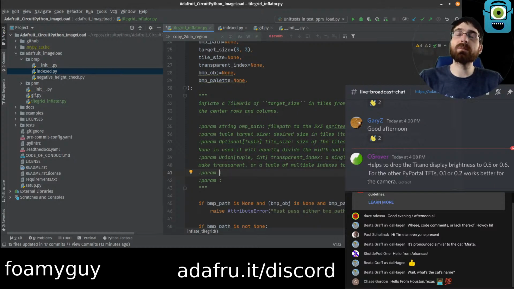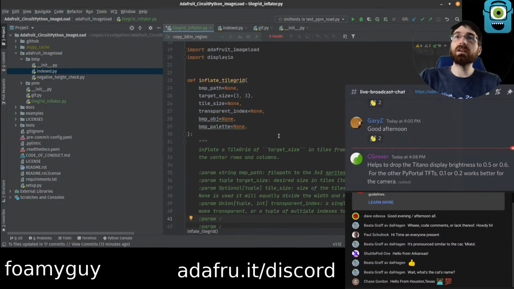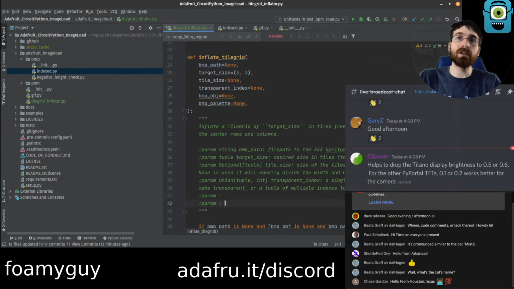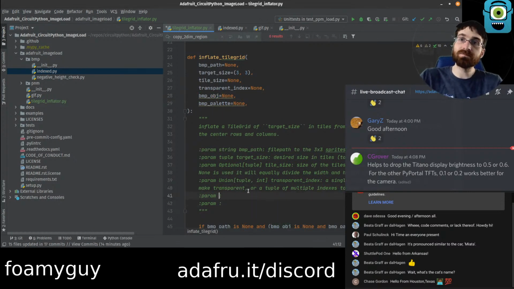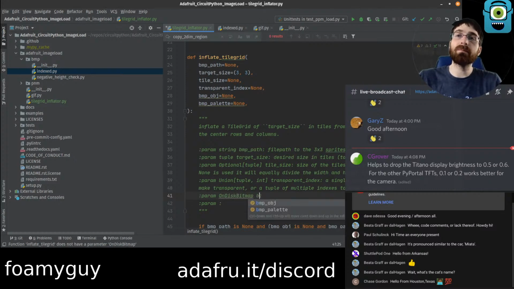Next, BMP object. So if you want to use onDiskBitmap, then you'll use BMP object and BMP palette instead of BMP path. If you want to use image load, then you supply BMP path, just a string pointing to your file. OnDiskBitmap, you create the file yourself using the OnDiskBitmap initializer, and then you can pass it for these two things instead. So this one is a OnDiskBitmap BMP object.